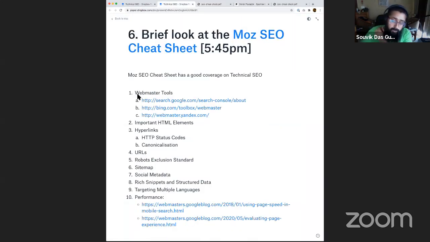So what are the 10 points they have? One of the things they start off with is something called the Webmaster Tool. Webmaster Tool is a tool that many search engines give in different formats, so that if you have a technical background, you're able to get your website audited. If there is something horribly wrong on your site, or something that you're not doing well, the official search engine tools are going to point these things out to you. So that is the tool that you can really trust.